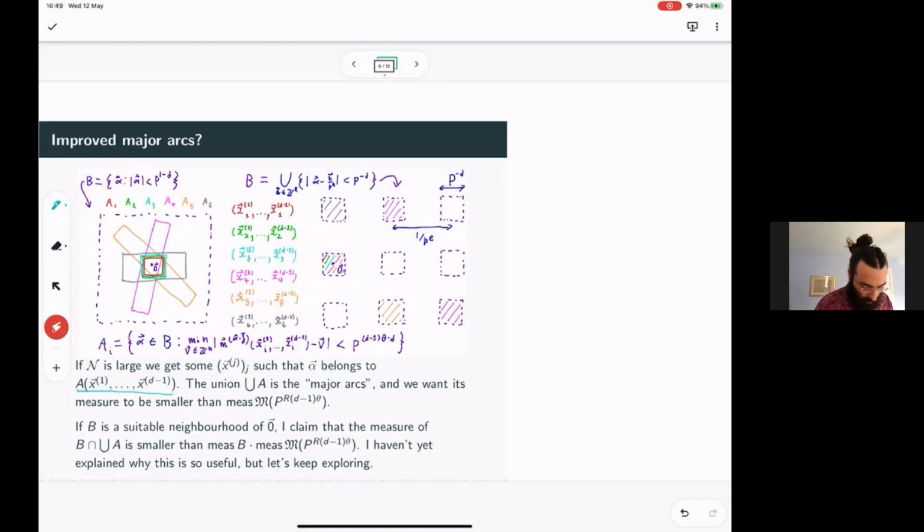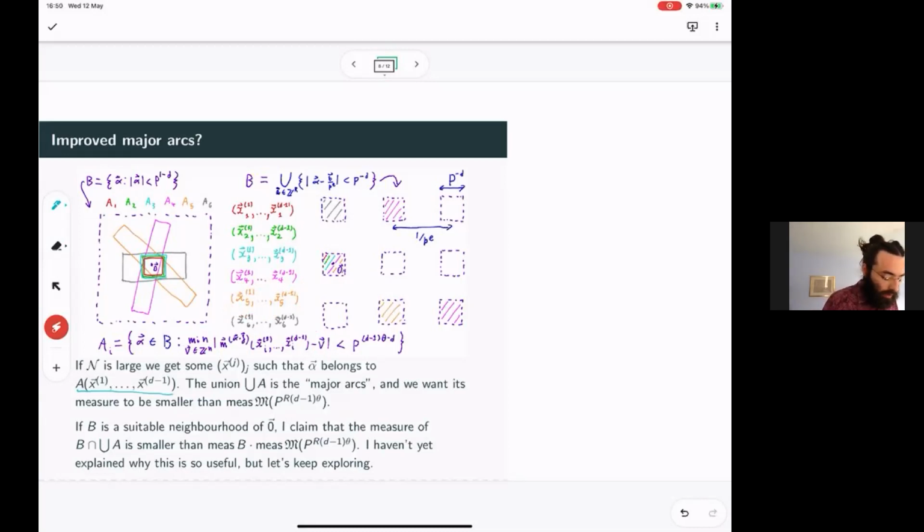So I've called them x1 up to x6. And so if one plugs one of these solutions into this definition of A here, you get one of these colorful boxes. And what I've drawn is that for a typical solution, the first 3 solutions I've said are typical, the only major arc in the vicinity of 0, the only possible choice of V, is going to be this little box. But for some